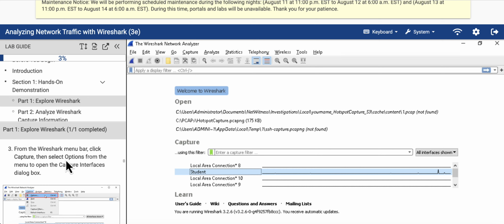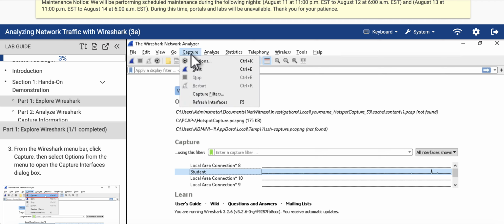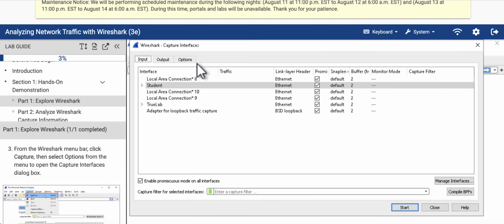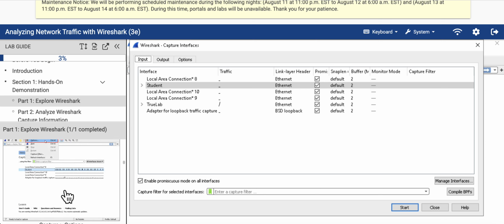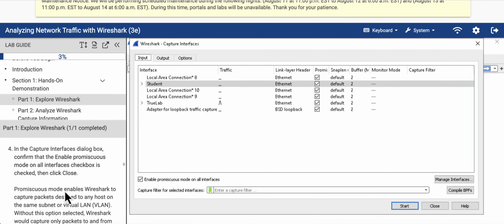Okay. Then from the Wireshark menu bar, click capture. So the menu bar is this bar up here, and it's telling you to first click on student, then click capture. Okay. Then select options from the menu to open the capture interfaces dialog box. There it is. So observe that you just need to follow the steps as they are described here. Number 4, in the capture interface dialog box,